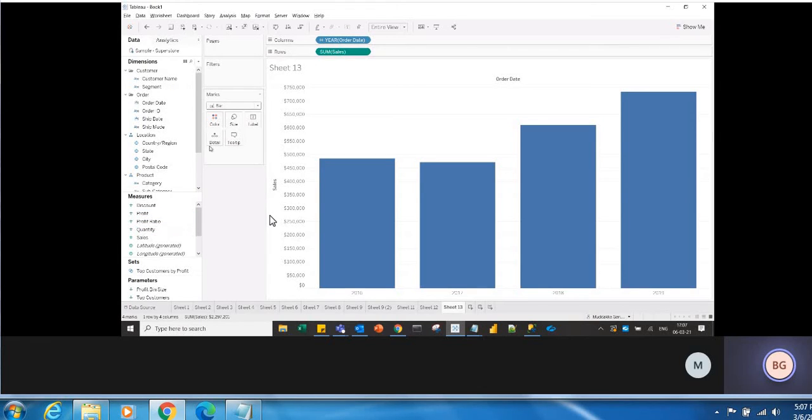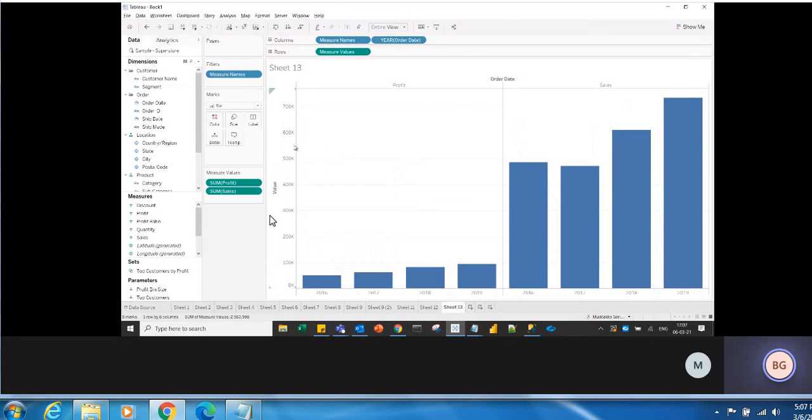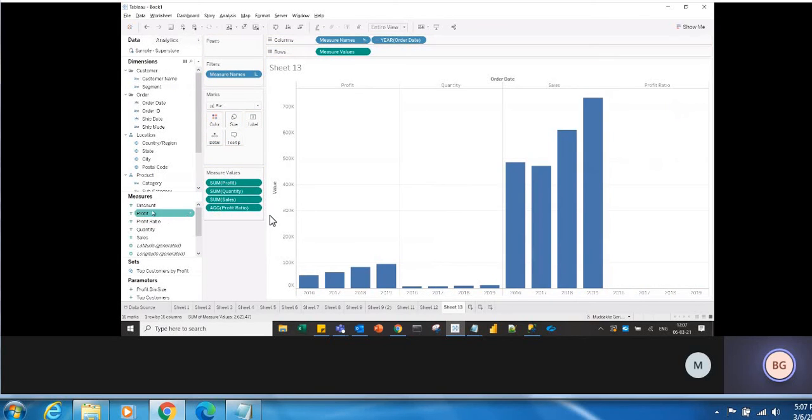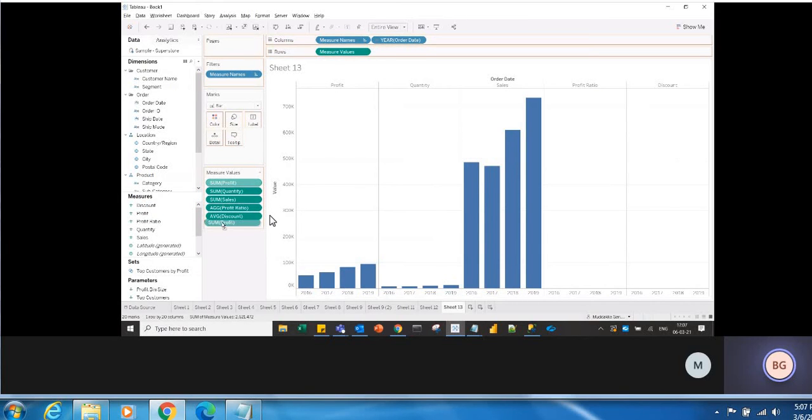Like I have the sales. Now if I want to drag the profit, I'll drag the profit into the existing axis. So when I drag the second measure, the measure values have been created. Now the third measure, if I want to drag, either I can drag it into the existing axis like this, or I can simply drag it into this measure values box. Okay, and from here if you want to remove something, you can just drag it and leave it in the empty space.